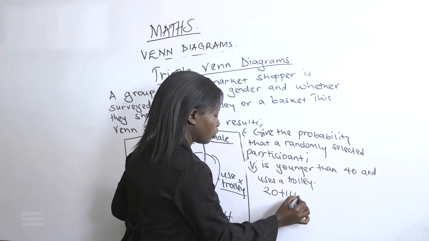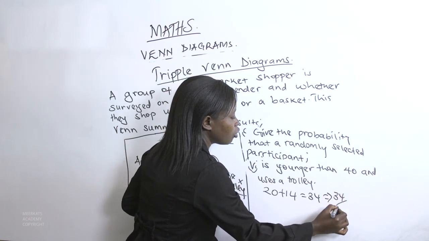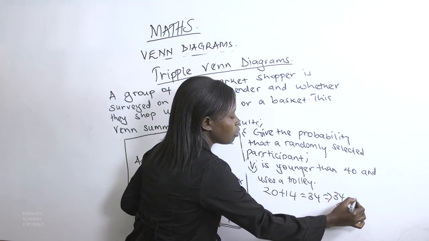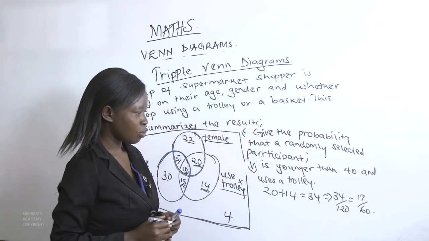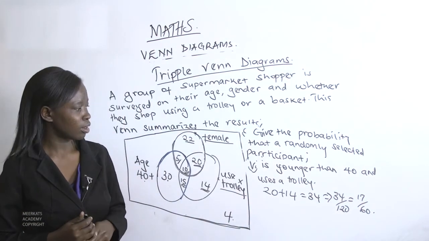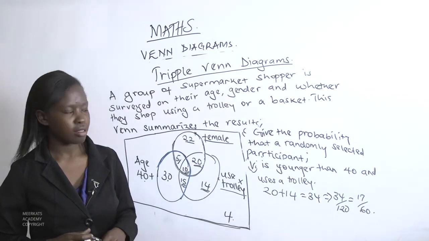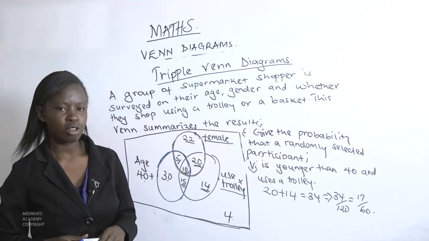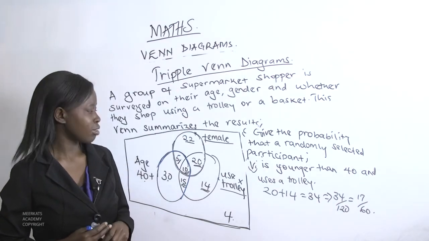So the probability will be 34 out of 120. If we simplify, we are getting 17 out of 60. So the probability that the person selected at random is younger than 40 and uses a trolley is 17 out of 60. So we discovered that Venn diagrams help us